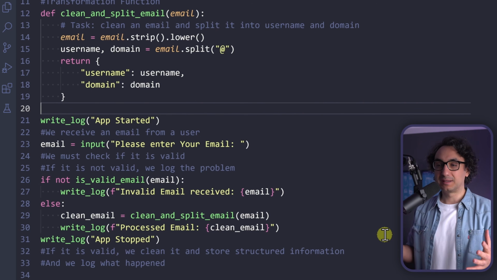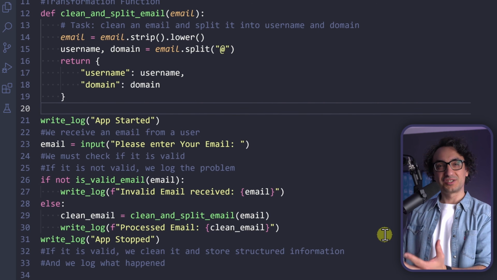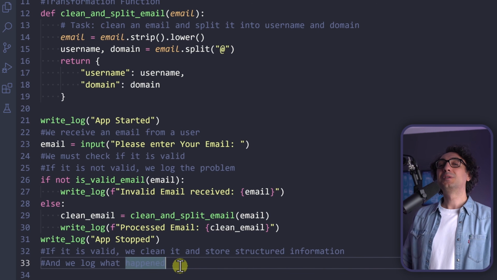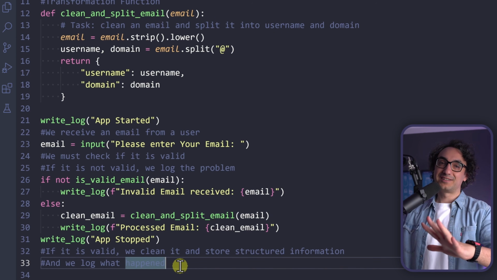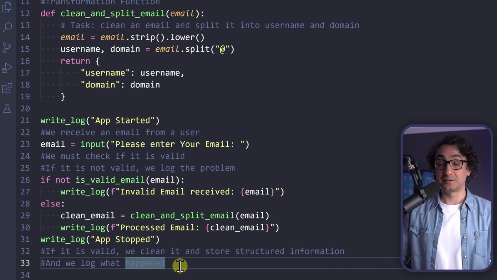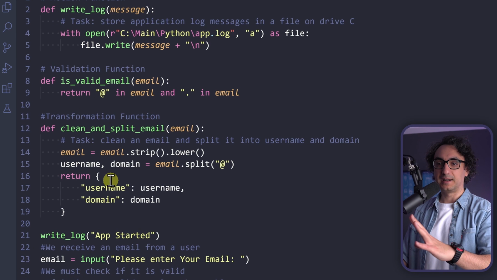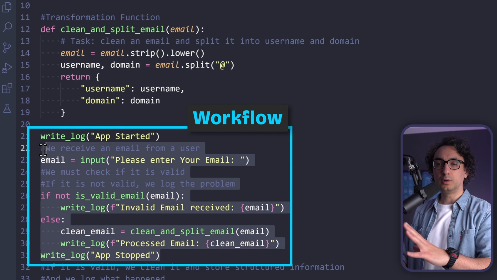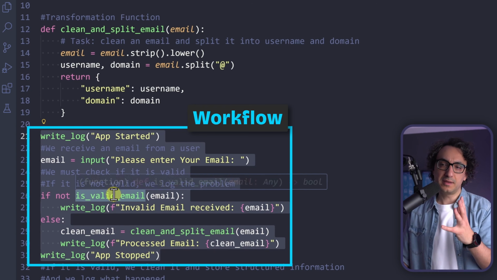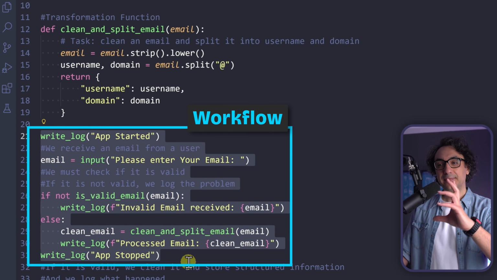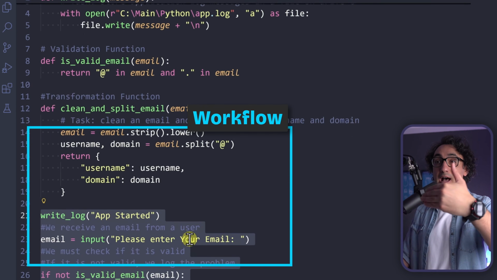But now you might say, but wait a second, where is the orchestration function? Of course, you are totally right. All those steps are actually the preparations for the orchestration function. Now look to the whole code over here. You can see we have our functions, and now we have the whole workflow outside the functions in the body of our program, right? And this is a process calling the other functions.